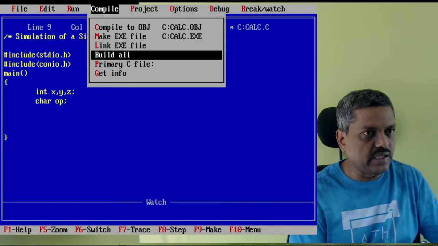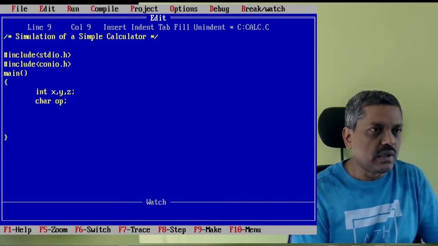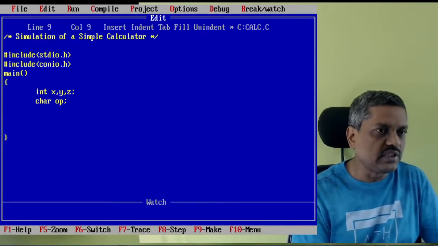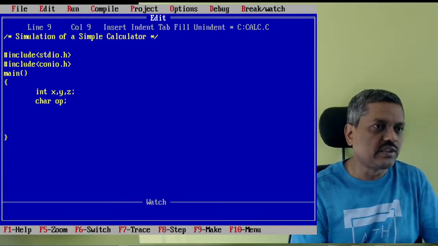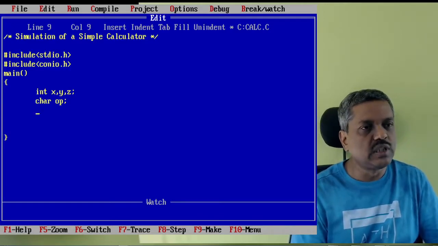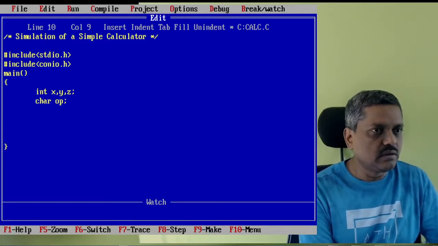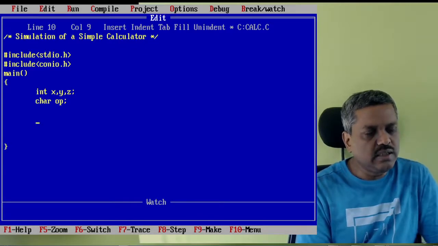Once it is compiled and it is a success, automatically in the memory the compiler, in connection with the operating system, would have allocated memory locations ready for storing some values. Initially, it will be garbage value in all these containers. That should happen in your mind, because you should know the sequence of how a C program works. And then what we are supposed to do is the input operation.